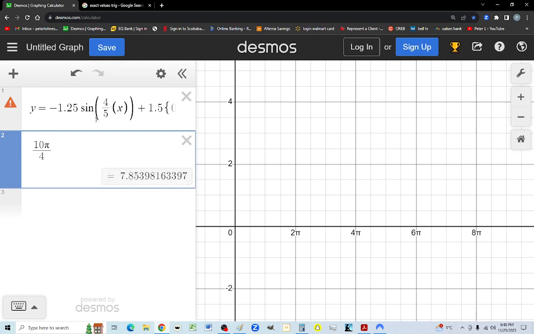And then the 4 is there. And you have to divide both. Well, let's try that again. We multiply 5 times 2 pi, we get 10 pi over 4, which becomes 5 pi over 2. And when we multiply by that 2 cycles, we're talking about 5 pi, which is why you have to make